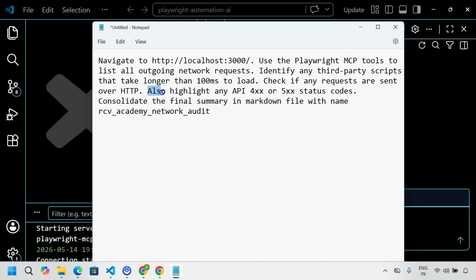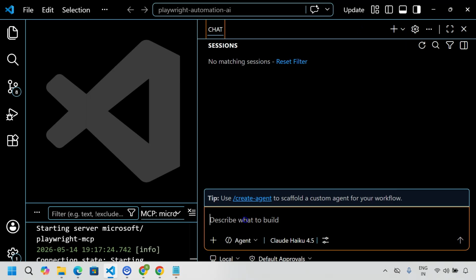Then I'm also saying to highlight any API 400 or 500 status code. So any status code which is 4xx or 5xx, I want to highlight. Then I want to consolidate the final summary in a markdown file with the name rcv_academy_network audit. Okay, so with this prompt, now because I have the Playwright MCP server,